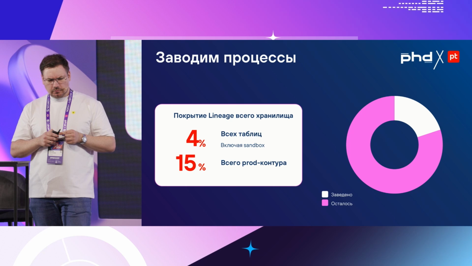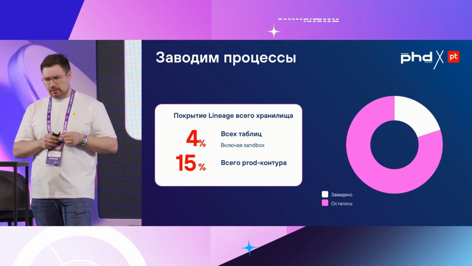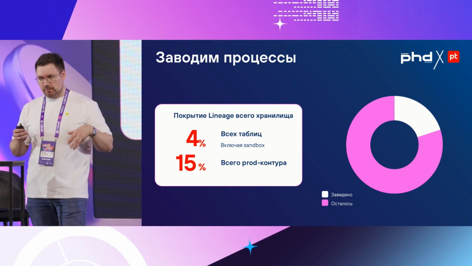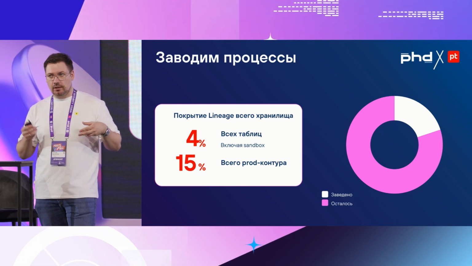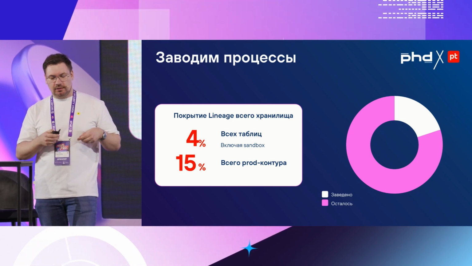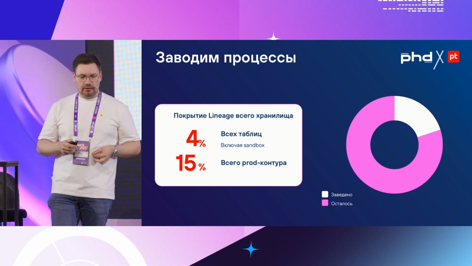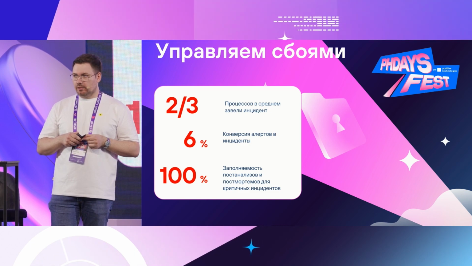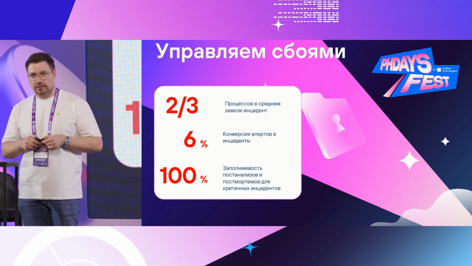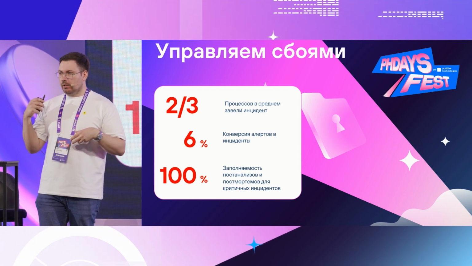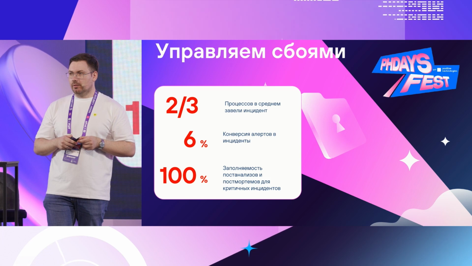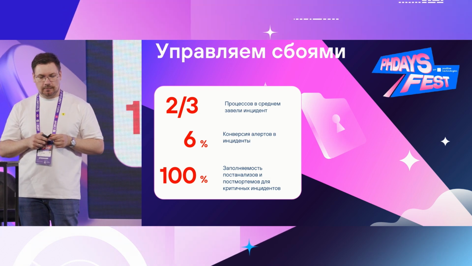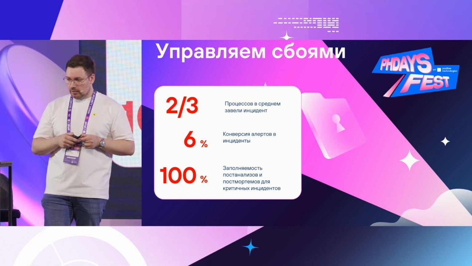We have been working with this for 6 months, and we entered around 20% of our critical processes, and the usage of lineage covers 4% of all the spreadsheets, including Sandbox, and 15% of the total product perimeter. And 2 out of 3 processes have an incident. Sometimes it's more, sometimes it's less. And it might seem that we are not stable and we have a lot of incidents. But for us, this is a very positive signal, which shows that